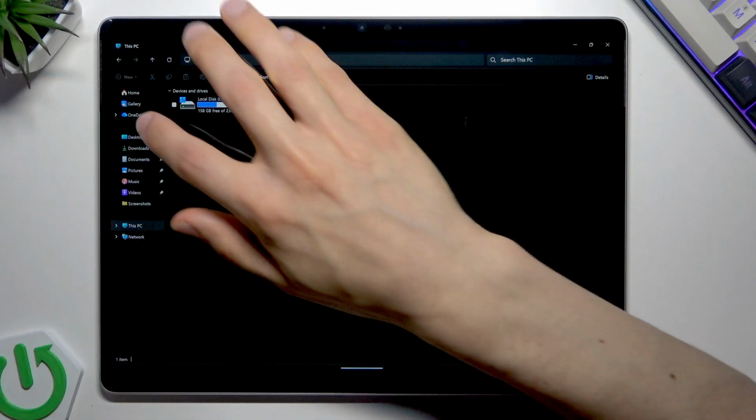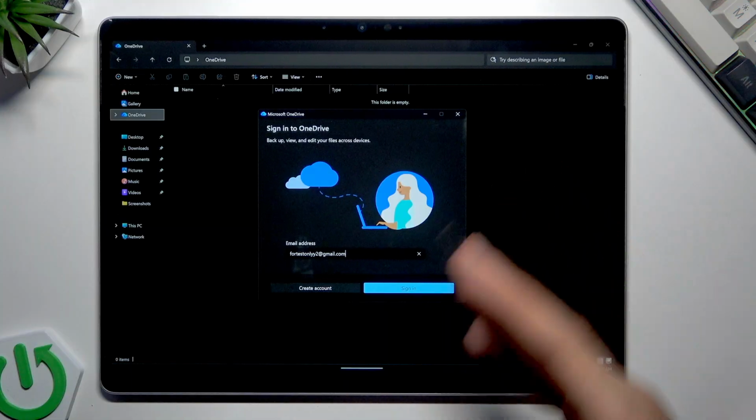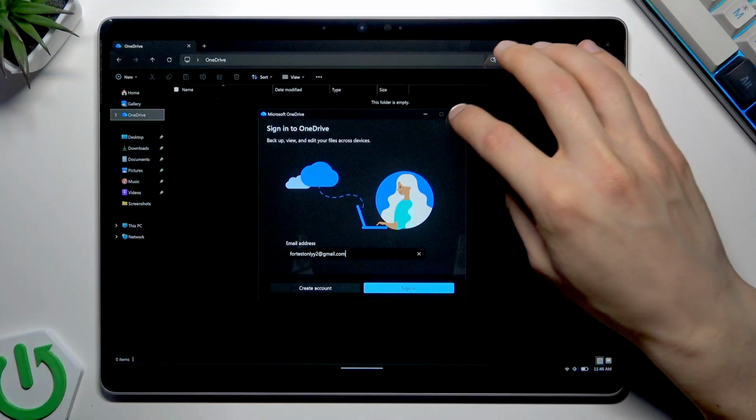The other way is the OneDrive folder. If you install the OneDrive application on your smartphone and link it with the Microsoft account that is linked with your Surface device, you'll be able to simply drag and drop the files to your OneDrive folder and then access them from both your